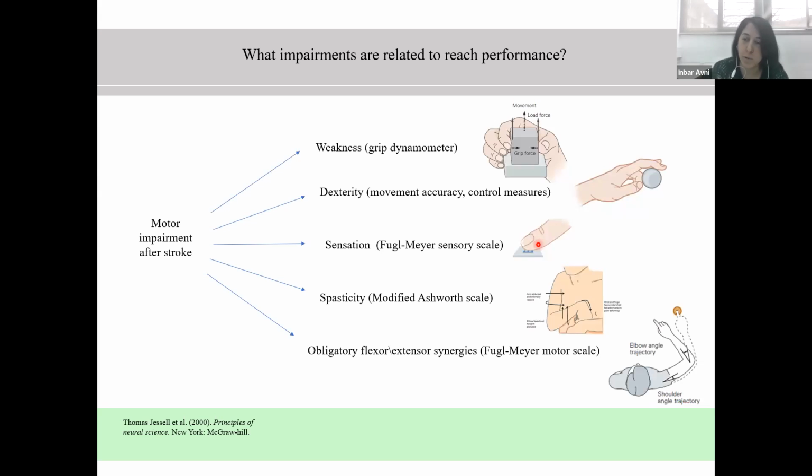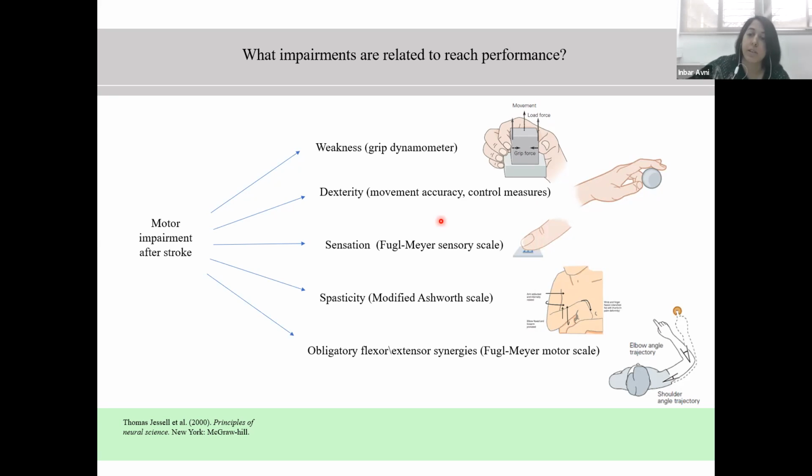And when we think about this motor impairment in the upper limb that we see after stroke, we can actually attribute it to a number of factors. For example, many patients who had a stroke will report they experience weakness or difficulty using strength while trying to execute voluntary movements. They will also often display lower levels of accuracy and reduced movement smoothness, which is a measure we have for the quality of movement or motor control. These are things we refer to as under the umbrella of dexterity.